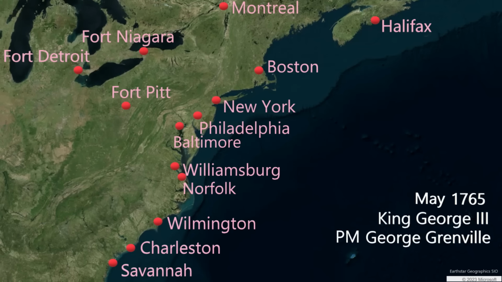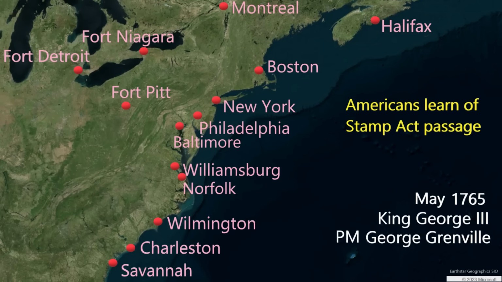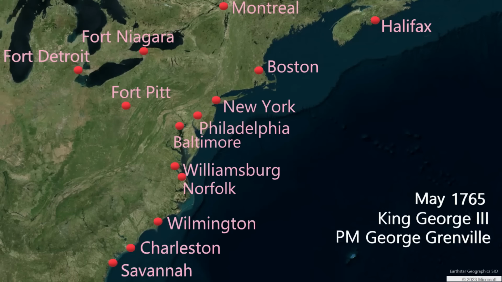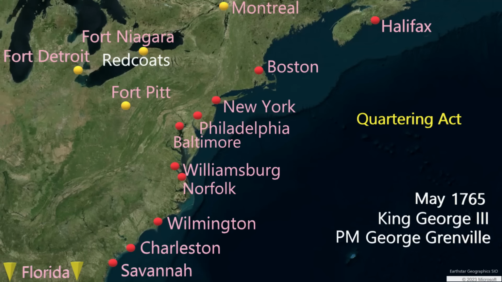May 1765. Word reaches North America that Parliament has passed a Stamp Act in order to pay for the North American defense. Also in May, the Quartering Act requires colonists to house and supply British redcoats on the frontier. From the vantage point of London, this only seems logical and fair, as the British Army is protecting the colonial frontier, and it is really only the settlements at the edges of the empire in the newly acquired areas of Florida and Canada, as well as along the Appalachian Mountains, that would be affected by this quartering measure.